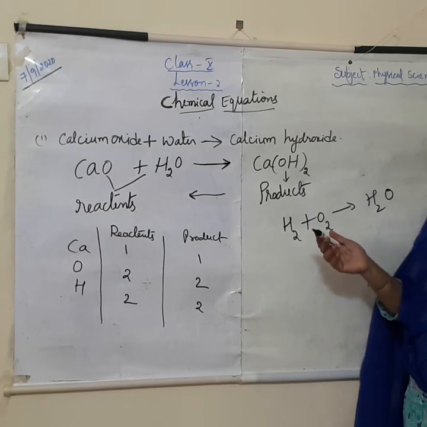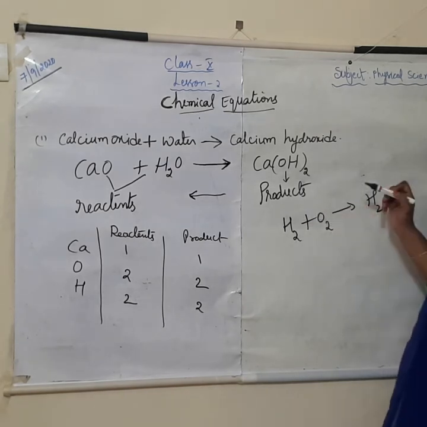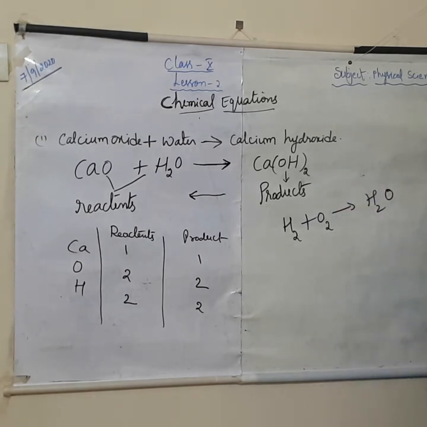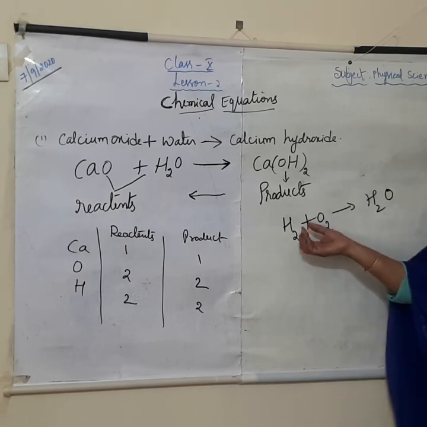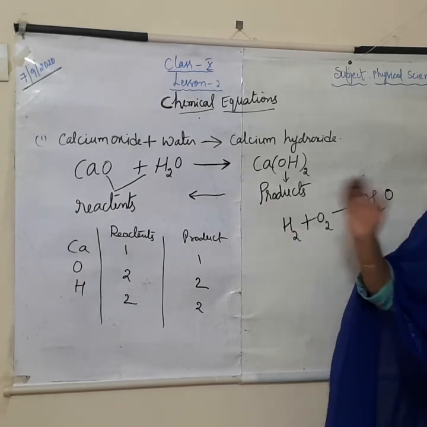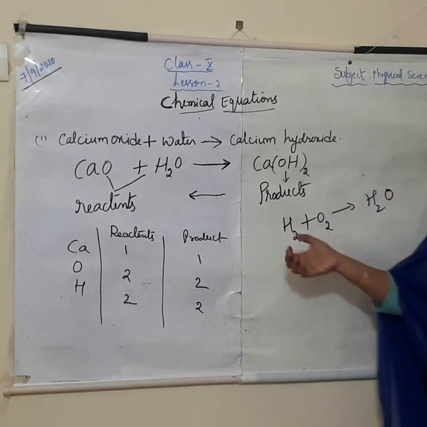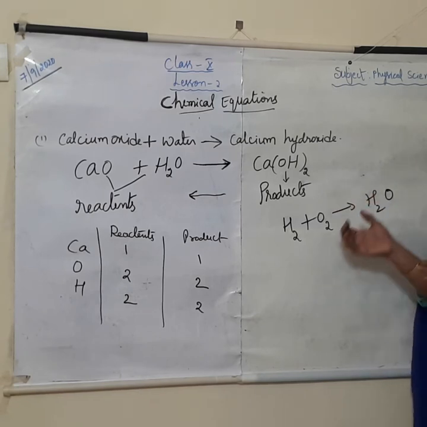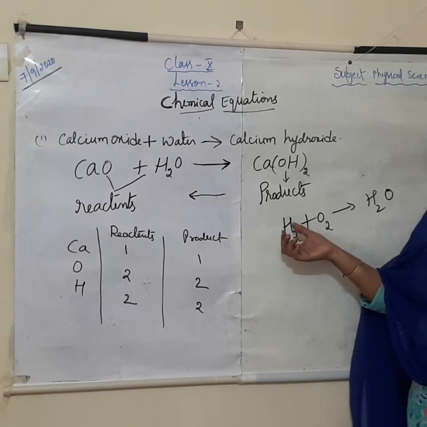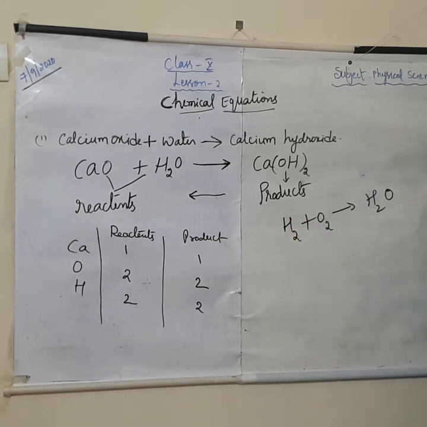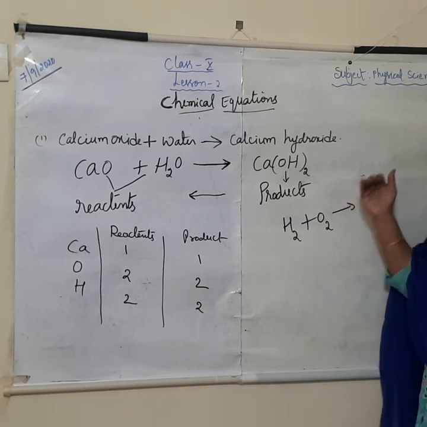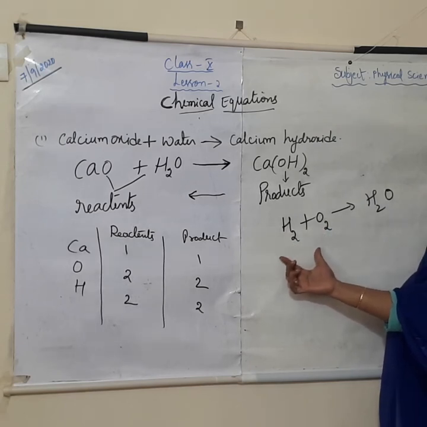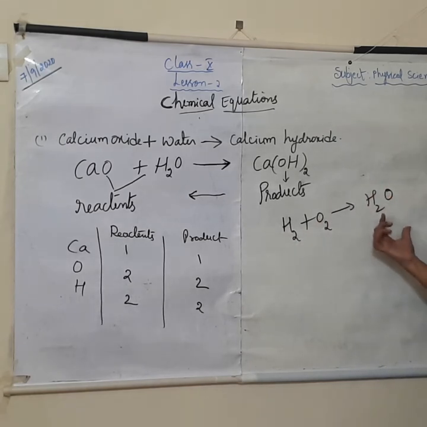Why? Because for all these elements, the atom is the smallest particle. When an element is involved in a chemical equation, it is the atoms that are involved. So that's why you must balance. At the same time, the mass of a compound is due to the presence of this number of atoms only. So when a chemical reaction takes place, you must balance the number of atoms on the left hand side and the number of atoms on the right hand side.